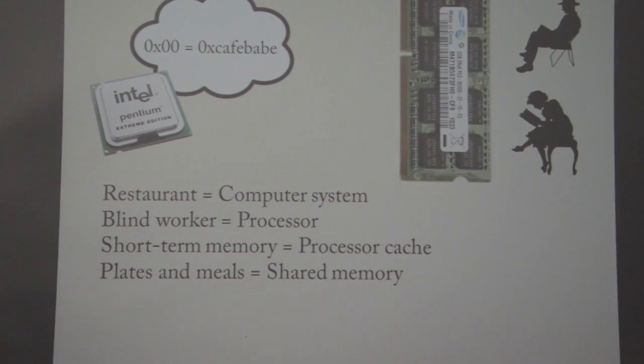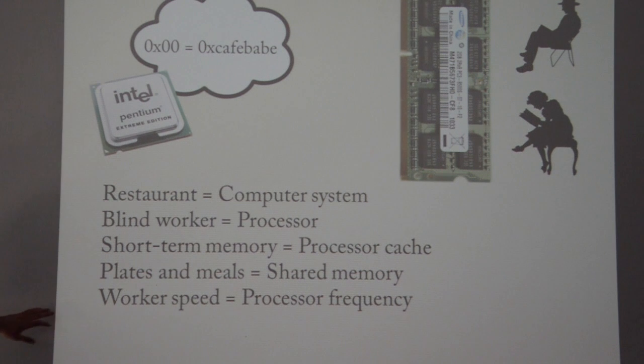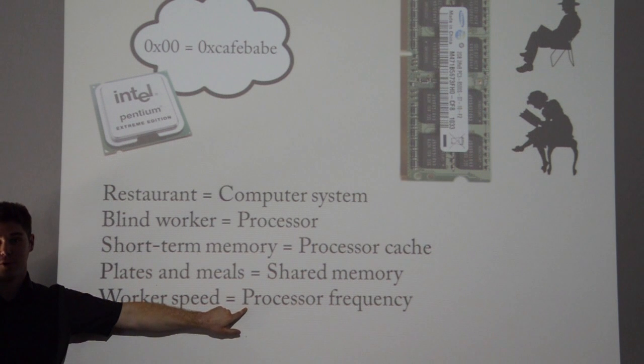And you cannot, as a restaurant worker, see the shared memory at once, right? You can only see one little piece of it, like one specific table, put some information about it into your short-term memory, and then proceed to the next table. So you don't have a consistent global view of the entire memory, you just see one little piece at a time. And the worker speed is something called the processor frequency. So every processor in every computer, turns out, works at a specific clock, which is actually the processor speed. And what processor vendors did for a long time, they were trying to increase this processor frequency to accommodate more and more clients coming to the restaurant.